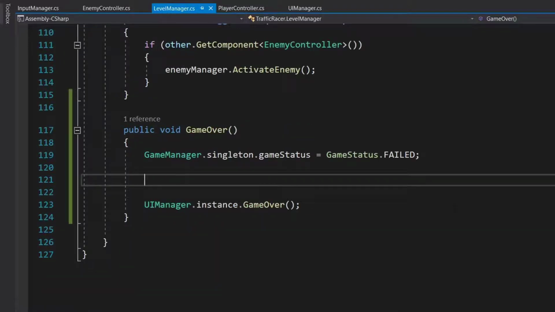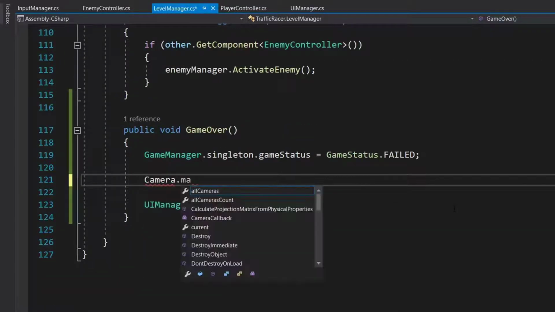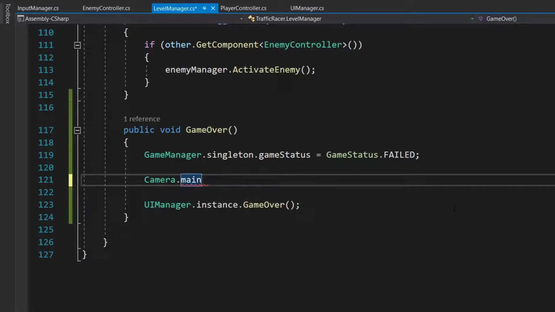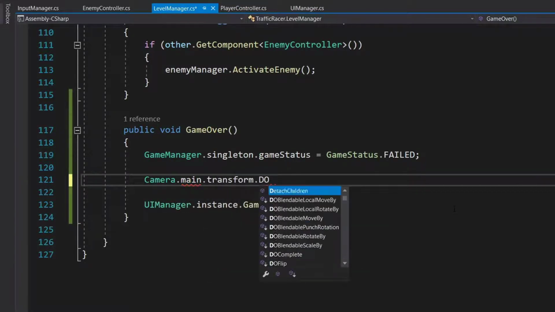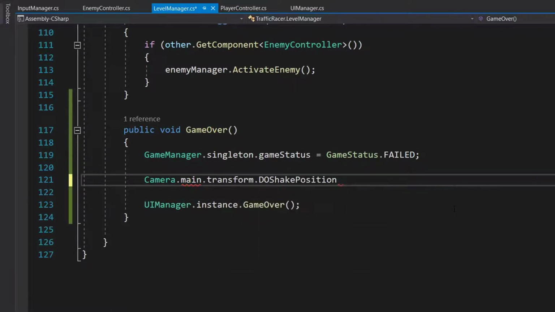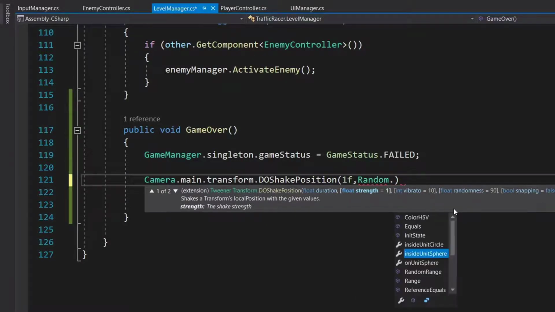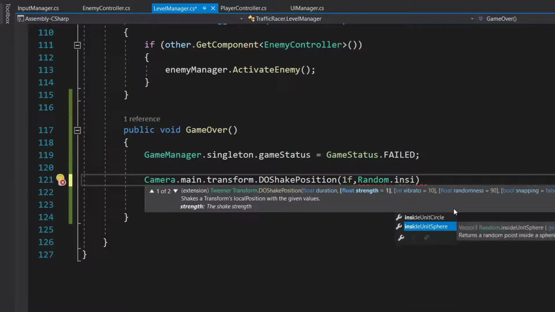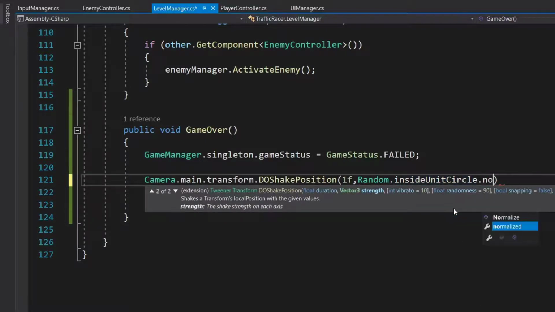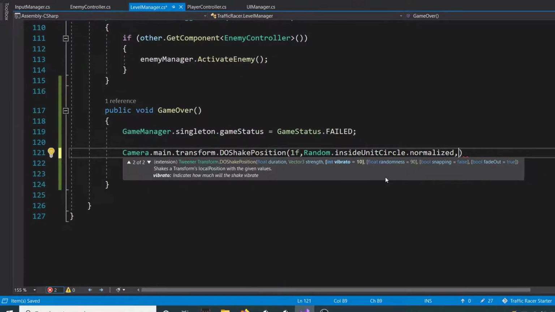And we will add camera dot main dot transform dot DOShakePosition, and our duration will be like 1 second. The strength will be random dot inside unit circle dot normalized. Then our vibrato will be somewhat 5, then our randomness will be 10,